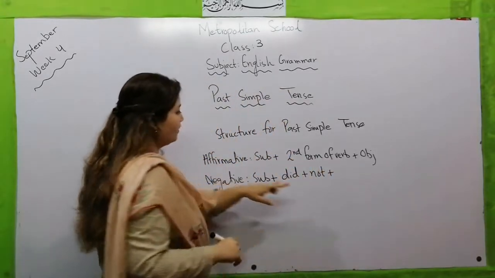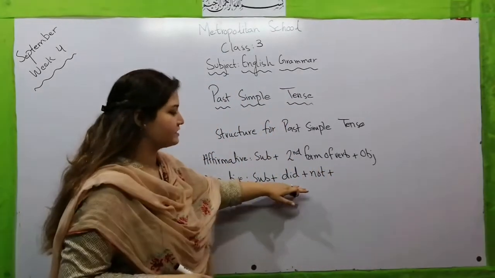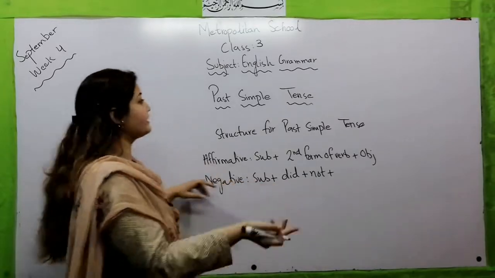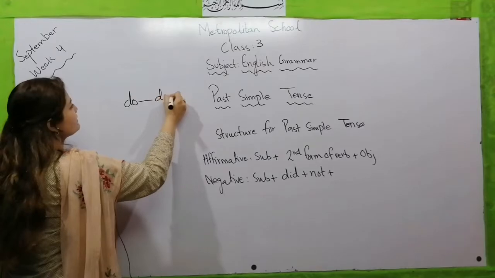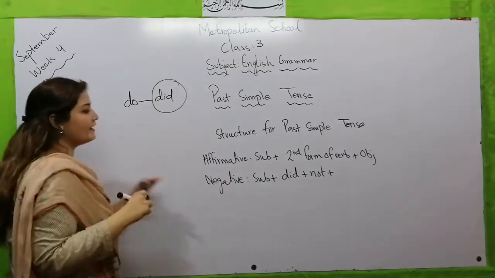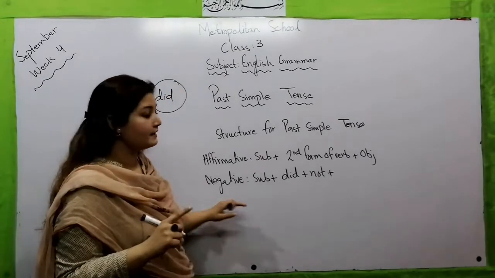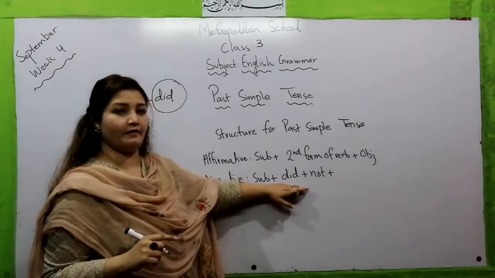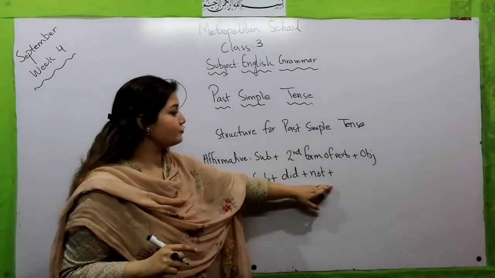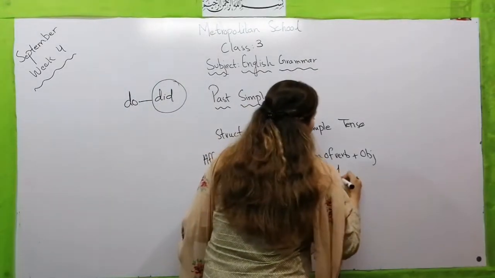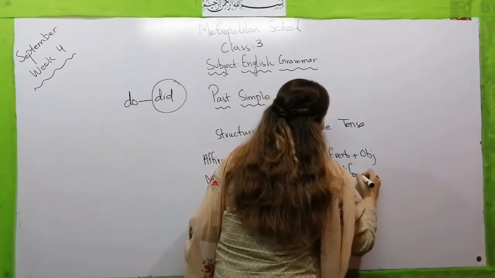And then we have used this did here. Did is the second form of do, and the second form of do is did. So we have already used one second form of verb here. So for the next verb, we are going to use the first form of verb according to the grammar rule,